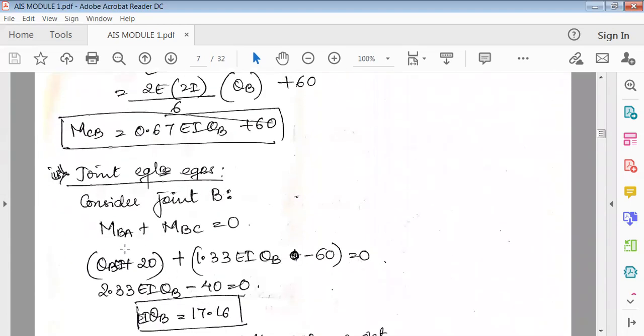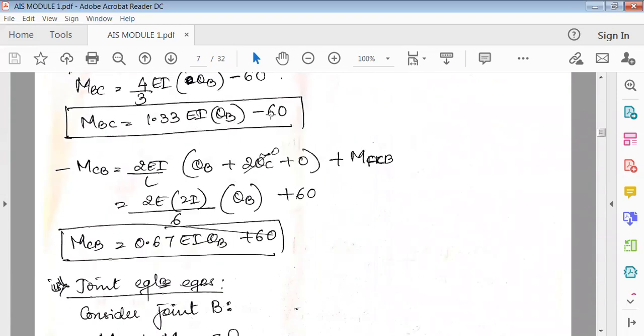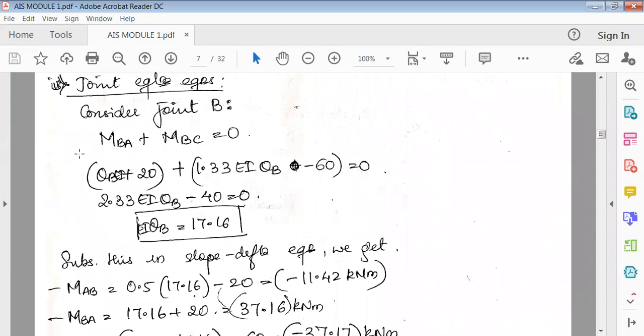So for MBA, the equation is theta B EI plus 20, and BC is 1.33 EI theta B minus 60, equal to 0. So now solve this equation. This is 1 theta B, this is 1 theta B. When you add this, it is 2.33 EI theta B, and 20 minus 60 is minus 40, equal to 0. So EI theta B, keep it as it is, and 40 when it goes to this side becomes plus 40 divided by 2.33. So 40 divided by 2.33 would give you